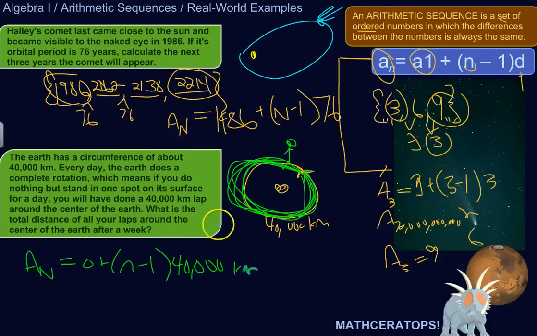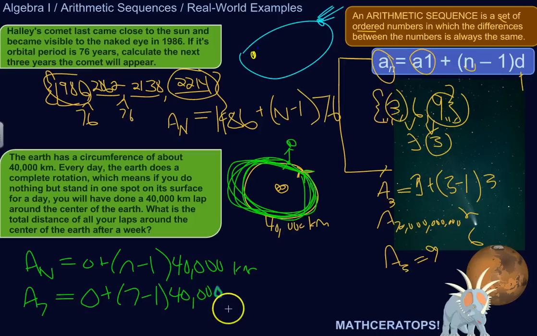Now I'm asking how many kilometers have we done in laps around the Earth after a week? So that's 7 terms. So we really don't want to do that by hand. So we want to find the 7th term, after a week. So a of 7 is equal to 0 plus 7 minus 1. We want the 7th term, n, times 40,000. So we've got 7 minus 1 is 6 times 40,000, which would be 240,000